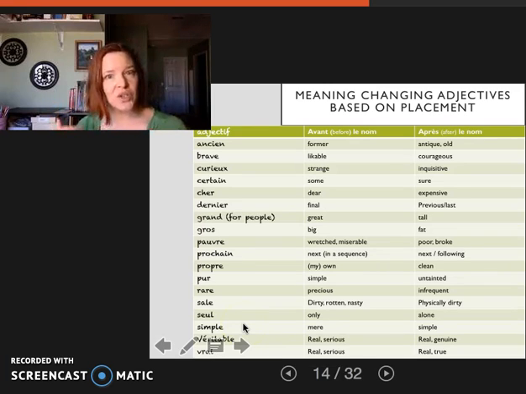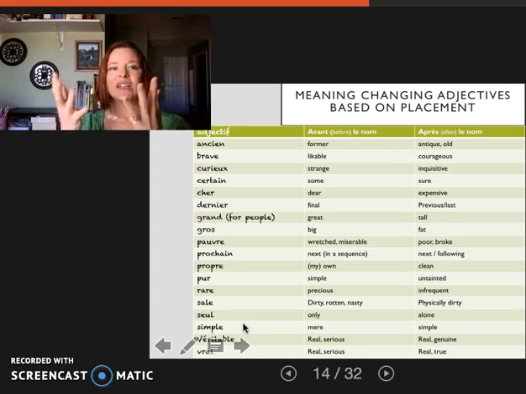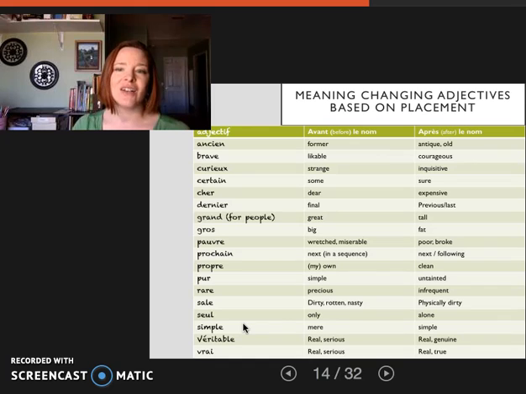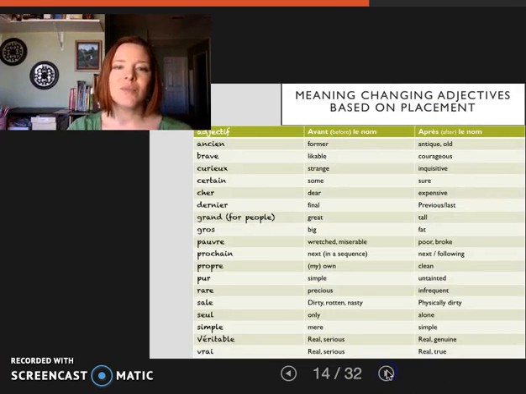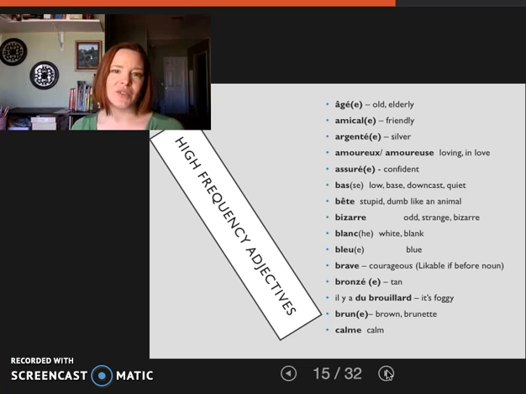And later on, when you start developing more of the sense of what those words mean and how they're used, it'll come to you a little better about when and how to use them. But for now, it's almost better to simply think of these are the ones that are often going to be placed before the noun.